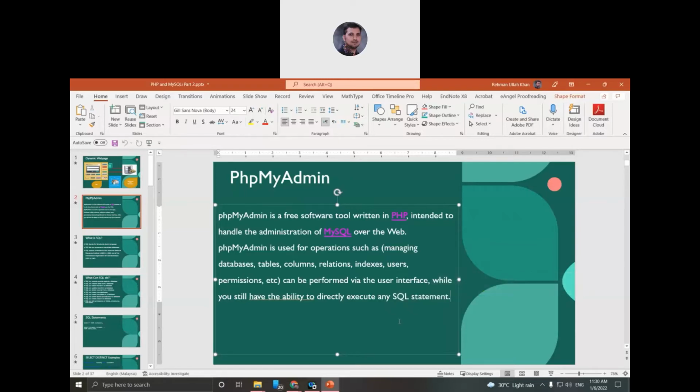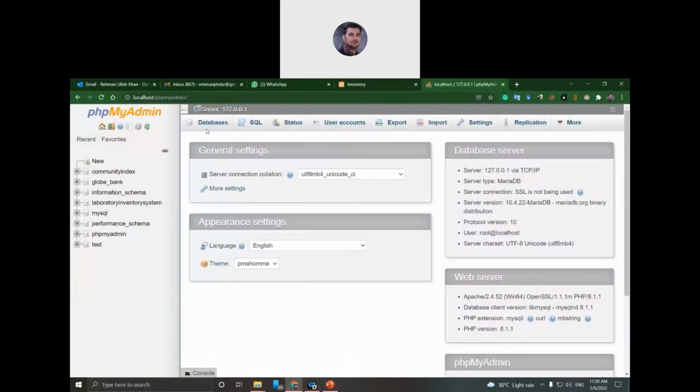But the benefit and usefulness of phpMyAdmin is that using it, we do not need to type the queries, the SQL statements. It is a graphical user interface, so we will just click. So how to do it? It is this one. This is phpMyAdmin.